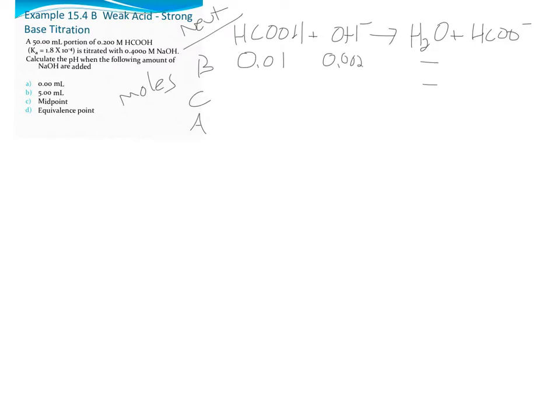So that is my problem. We don't have any of the formate out to start with. Limiting reactant here, we can see that just at the beginning, the hydroxide is going away to 0. So we're going to lose 0.002 from this formic acid and be left with 0.008 moles. And we're going to make some of the formate, 0.002